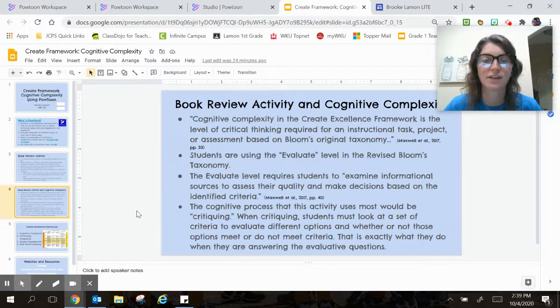So how this fits with cognitive complexity. In the book, it says cognitive complexity in the Create Excellence framework is the level of critical thinking required for an instructional task, project, or assessment based on Bloom's original taxonomy. So in this, students are using the evaluate level in the revised Bloom's taxonomy. The evaluate level requires students to examine informational sources to assess their quality and make decisions based on the identified